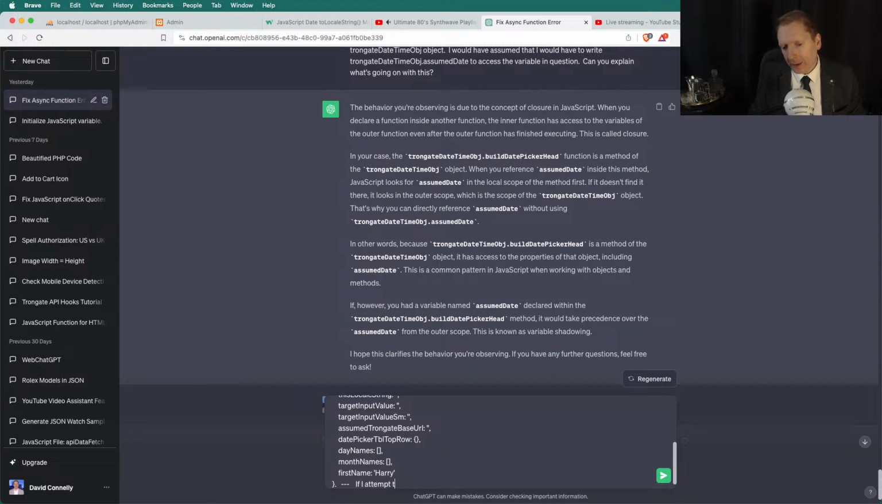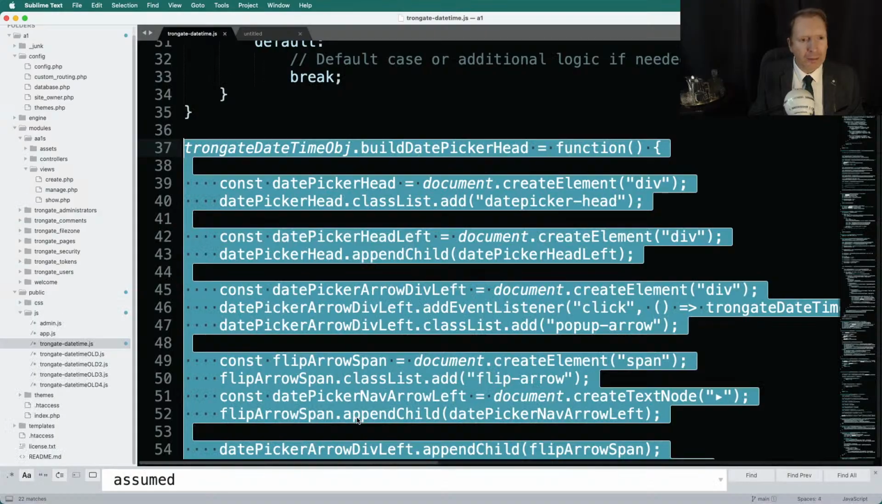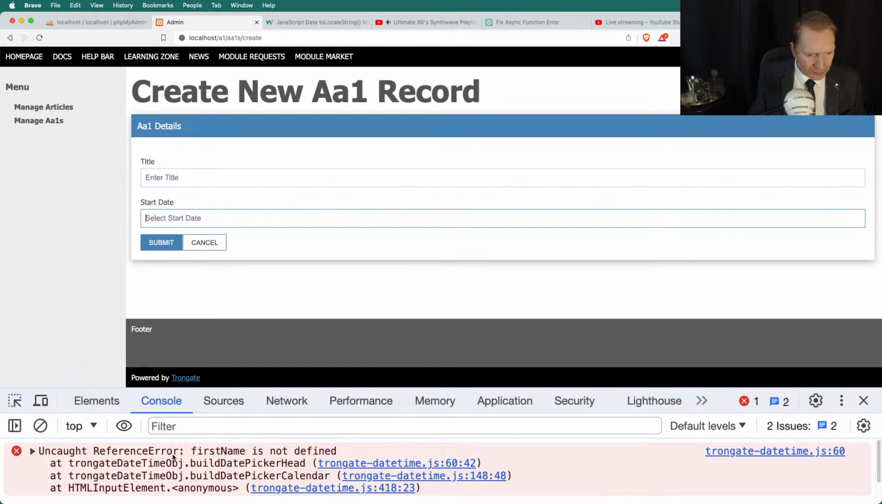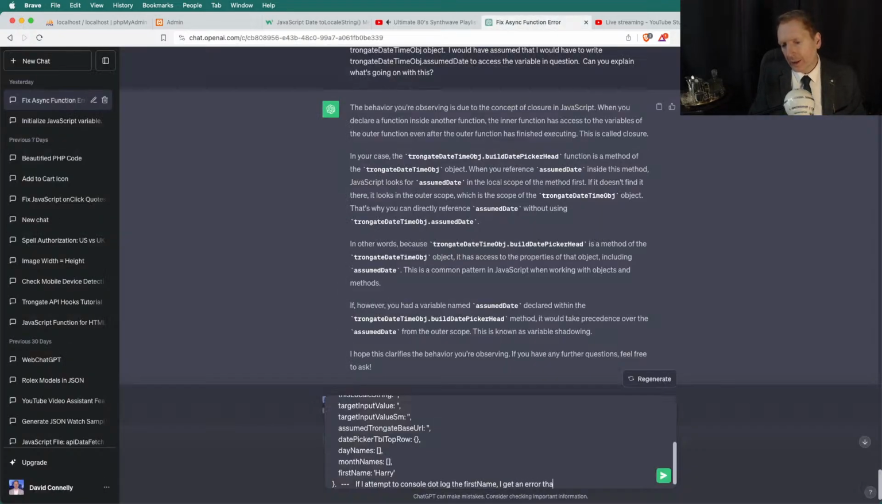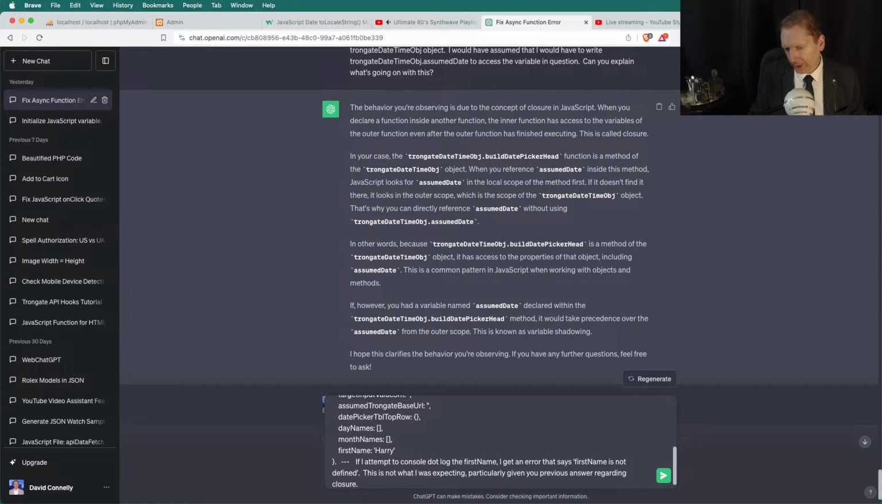If I attempt to console.log the first name, I get an error that says first name is not defined. This is not what I was expecting, particularly given your previous answer regarding closure. Can you offer an explanation as to why my first name property is resulting in an error,